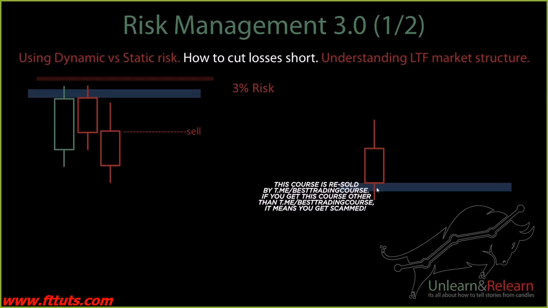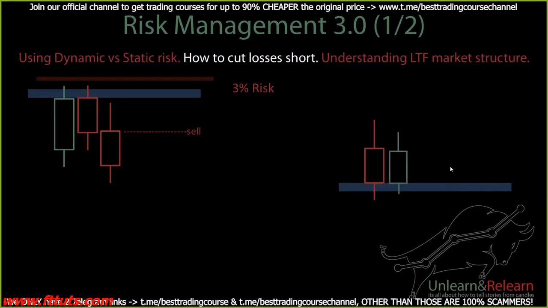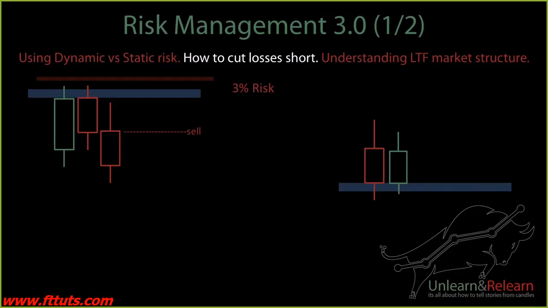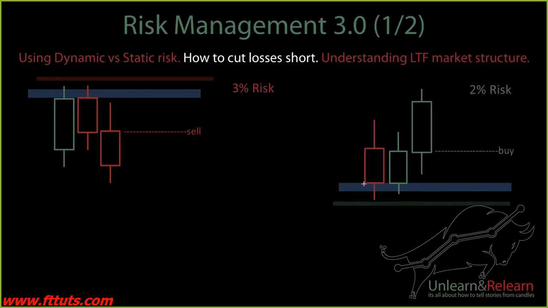So let's say you have a support, right? And candle is coming down towards support, it's bearish. And based on what we've learned, let's say this is a 1 hour support, right? And someone is saying, okay, if the candle has closed bullish, now there's a high chance that the next candle might continue going bullish, right? So if you think that the next candle is going to continue going bullish, now someone can say, okay, I might want to take a buy and I might want to put my stop loss below the previous candle